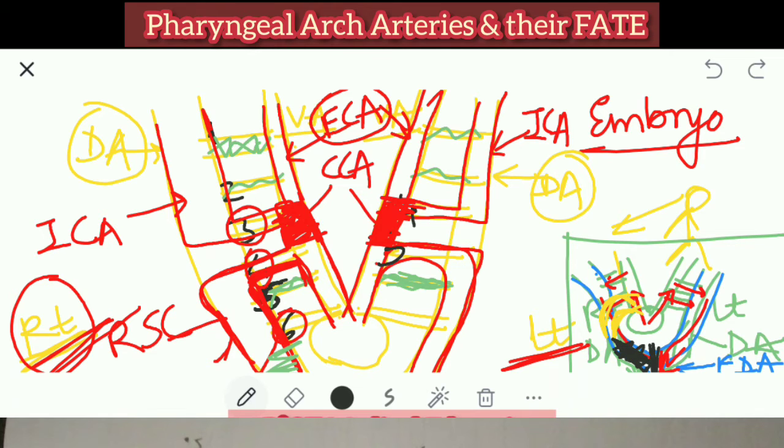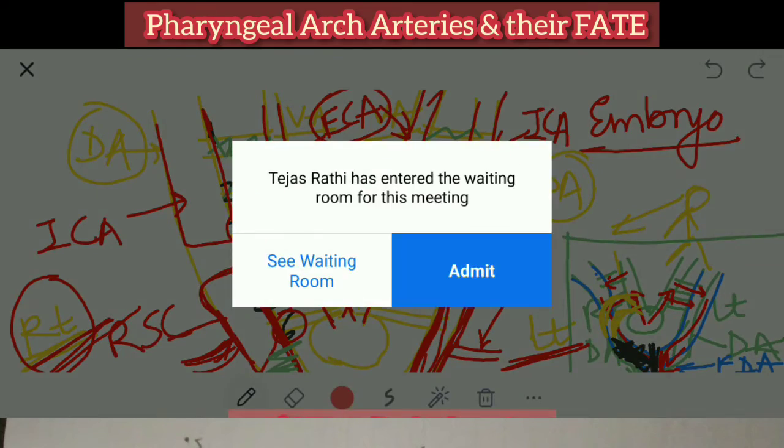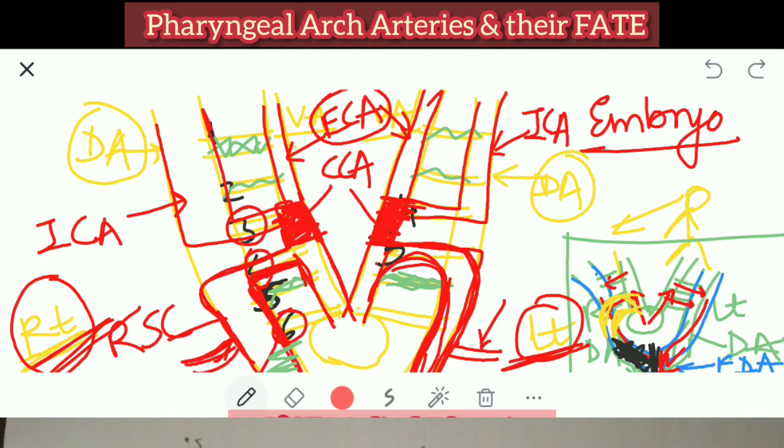Now coming to the big diagram again. Now as I told you, this is the arch of the aorta which has developed. Okay. So in the arch of aorta, here there is a seventh intersegmental artery. Here there is a seventh intersegmental artery. This is there on the other side also. On the right side also there is intersegmental artery number 7. So on the left side, this intersegmental artery forms the left sided subclavian artery, not vein, sorry, artery. I'm sorry, not vein. Left sided intersegmental artery number 7 forms the left sided subclavian artery.